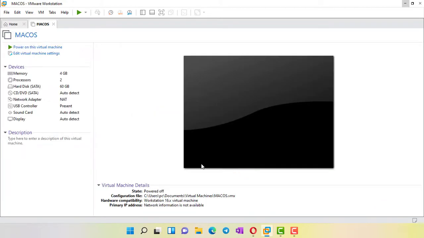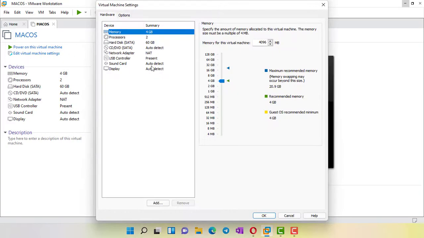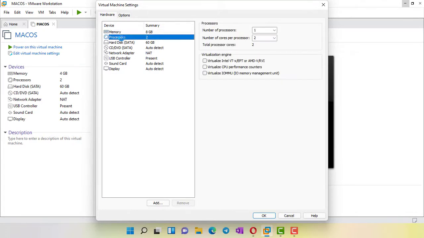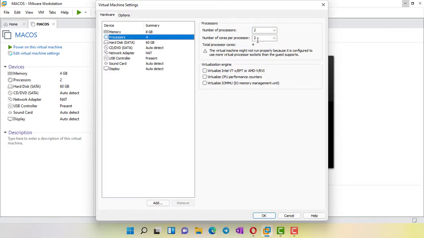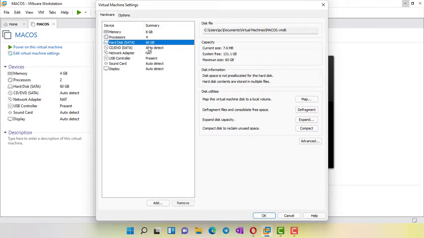Before power on, you have to click on edit virtual machine, because I will increase the RAM here from 4 GB to 8 GB. It is good to have more RAM so the installation will be faster. For the processor, I will make the number of processors 2 and the number of cores 2, with a 60 GB hard disk.